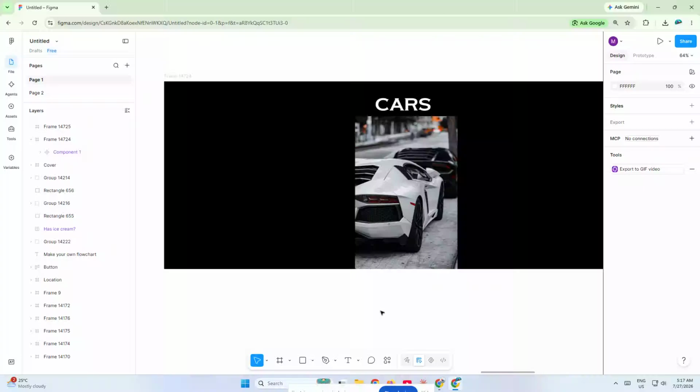In this video, I'm going to show you how to copy and paste components in Figma in the fastest and easiest way possible. This is a super useful skill, whether you're building a UI design, duplicating reusable elements, or moving components between frames and files. If you're working in Figma often, knowing this simple shortcut can save you a lot of time and make your